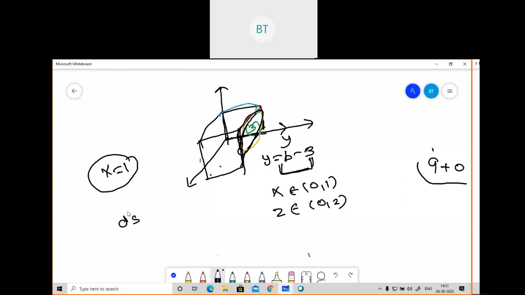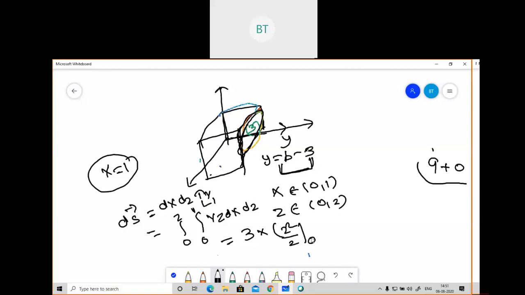Now just substitute the formula ds equal to dx dz i cap y. So now I'm talking about the y direction. See, in the question itself, the value for i cap y was given. It was given as yz. So I'll put the limits here, 0 to 2, 0 to 1, yz dx dz. So integrate with respect to y. After integrating with respect to y, what will you get here? 3 into z square by 2, 0 to 2. You will get 6.